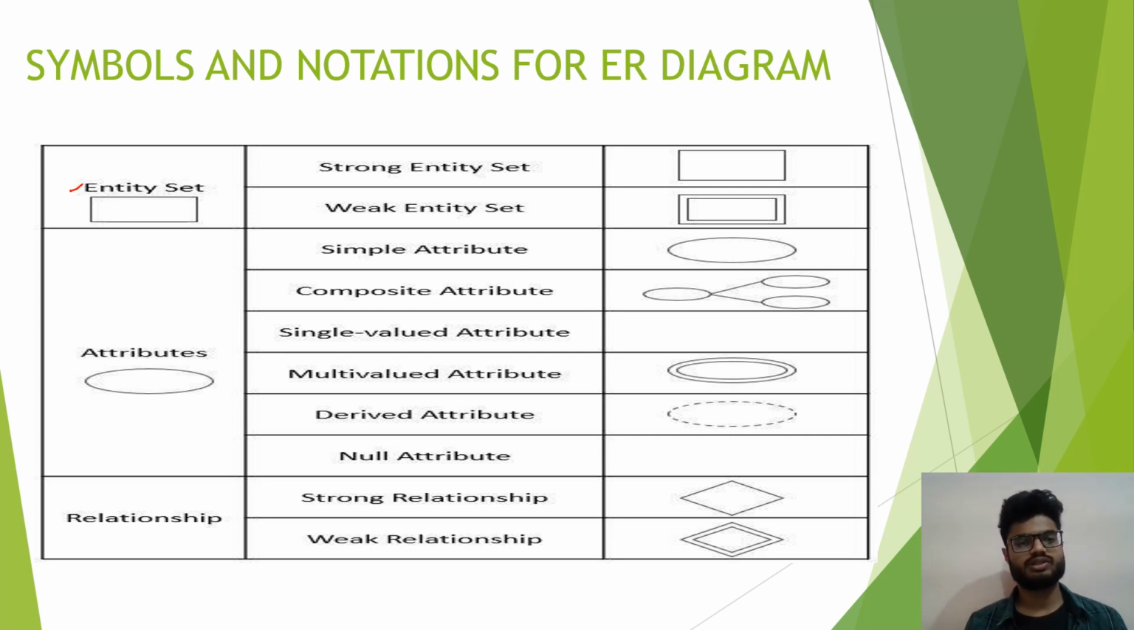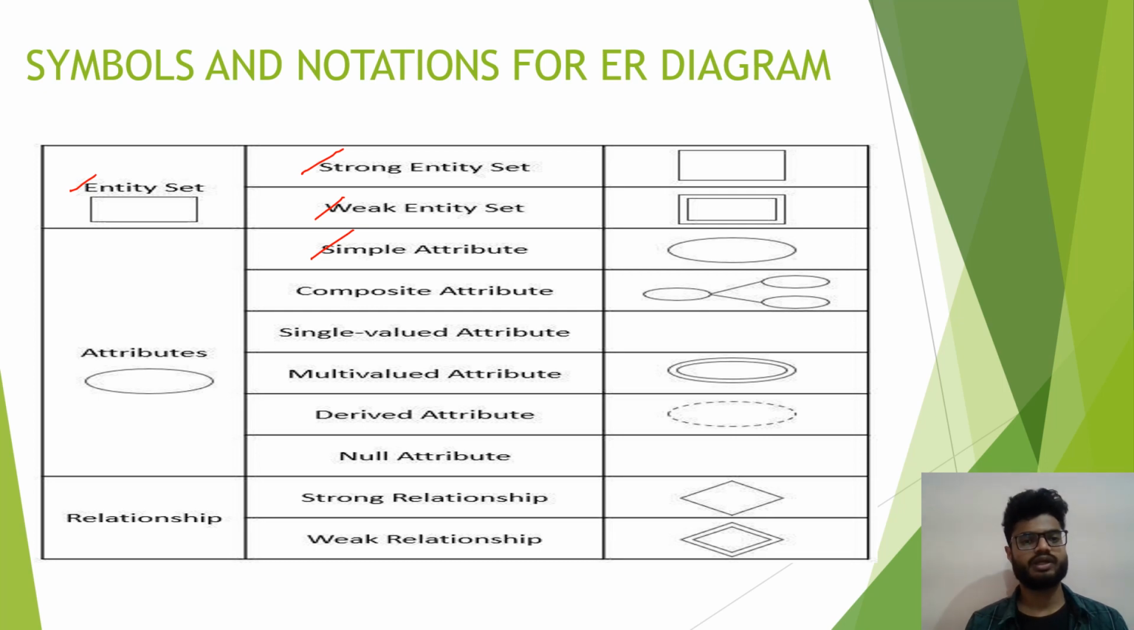So first, an entity set is represented by a rectangular box, in which we have two things: strong entities and weak entities. Strong entities are defined by only a single rectangular box, and weak entities are represented by a double rectangular box. There are simple attributes, which are represented by a single oval or elliptical shape,